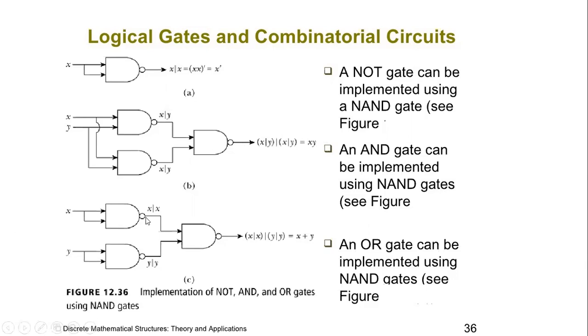Now if you talk about the OR gate, that is the addition operation, we give the same input to both. So x becomes x bar output, and y becomes y bar output. X bar and y bar go to the NAND gate. That makes it x bar into y bar whole bar. Then we will use De Morgan's theorem. That makes it x double bar plus y double bar, and because of the identity the double bars will be gone. Complement of a complement is simple, and the result that we get is x plus y. That is how we get the OR gate operation.